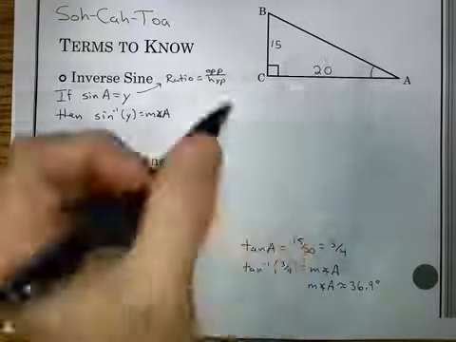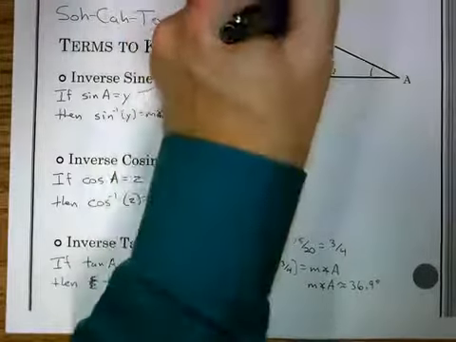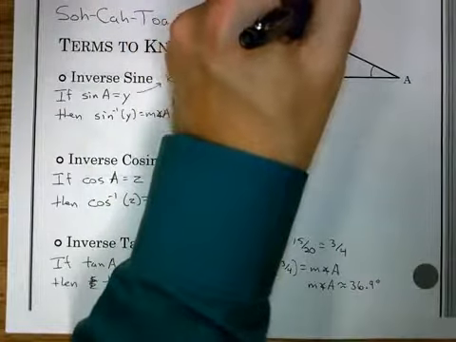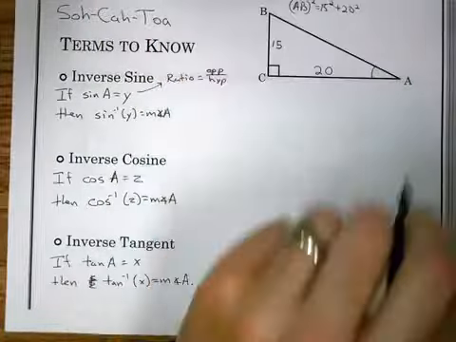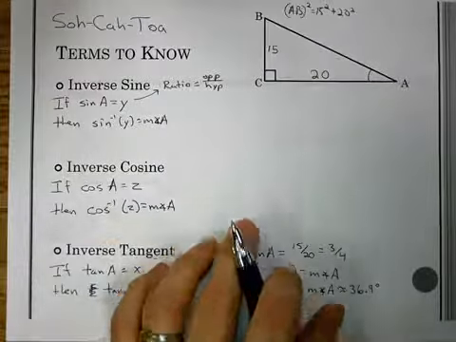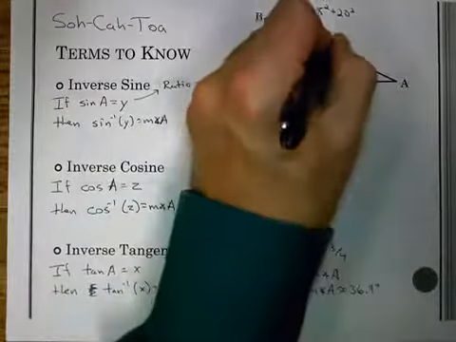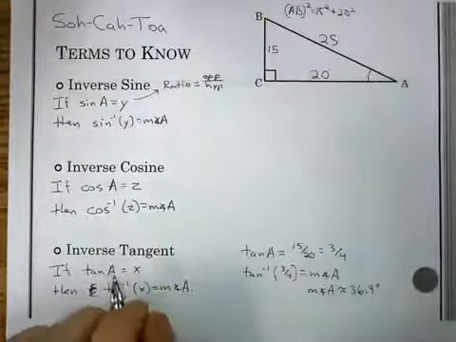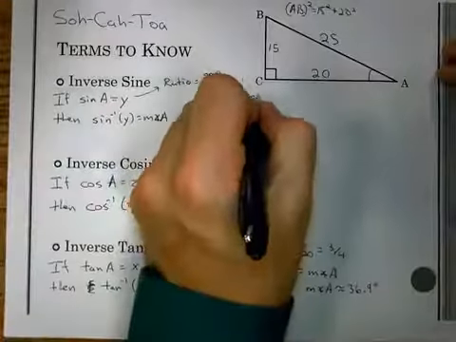And we could find that by the Pythagorean theorem. So that would be AB squared equals 15 squared plus 20 squared. It also is a Pythagorean triple. For the sake of time, it turns out to be 25. So now we can say sine of A